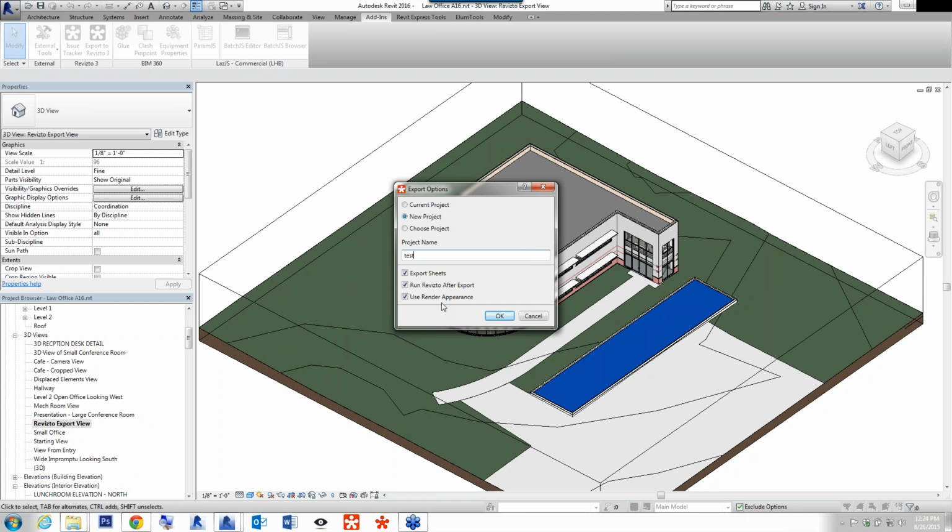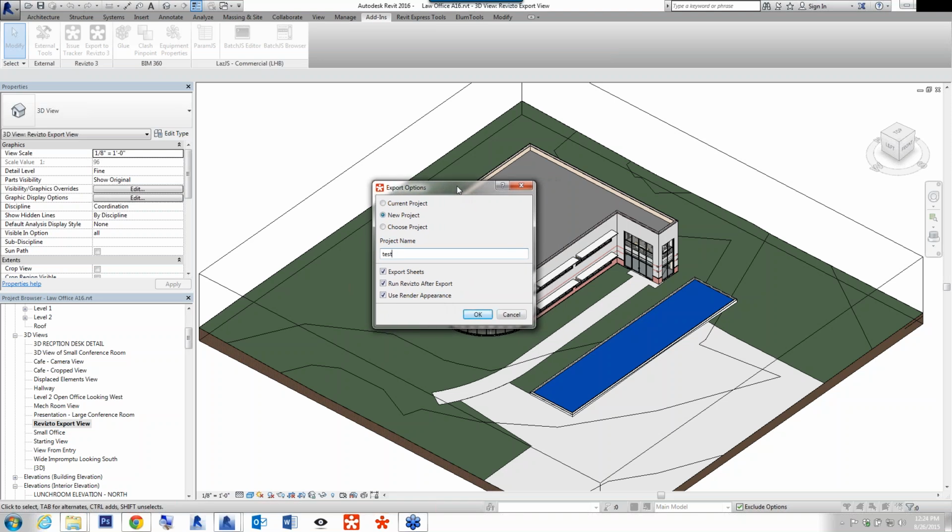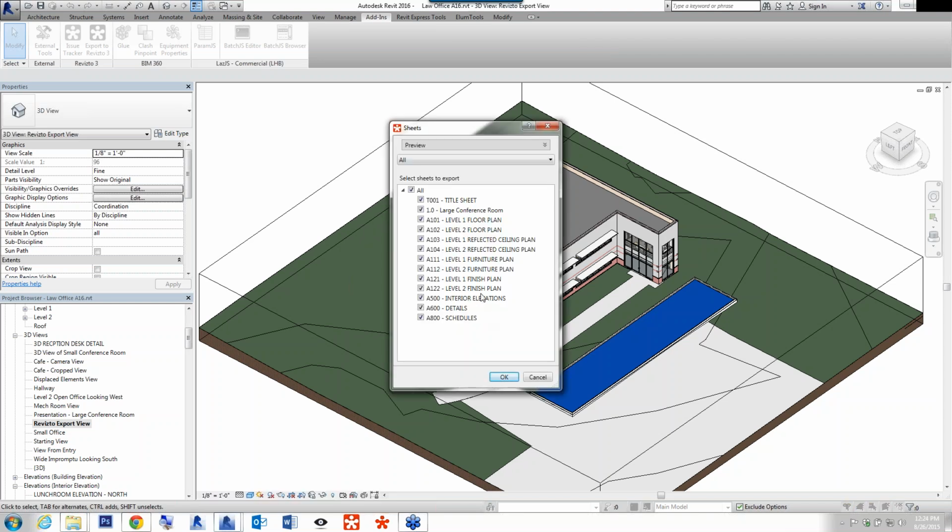Another option, if you want the render appearance in a large project like that, might be to export smaller chunks, like a department or one floor at a time. You can export a large model like that with render appearance, but there's give and take in performance and quality with anything. So we'll go ahead and click OK to create a new project.